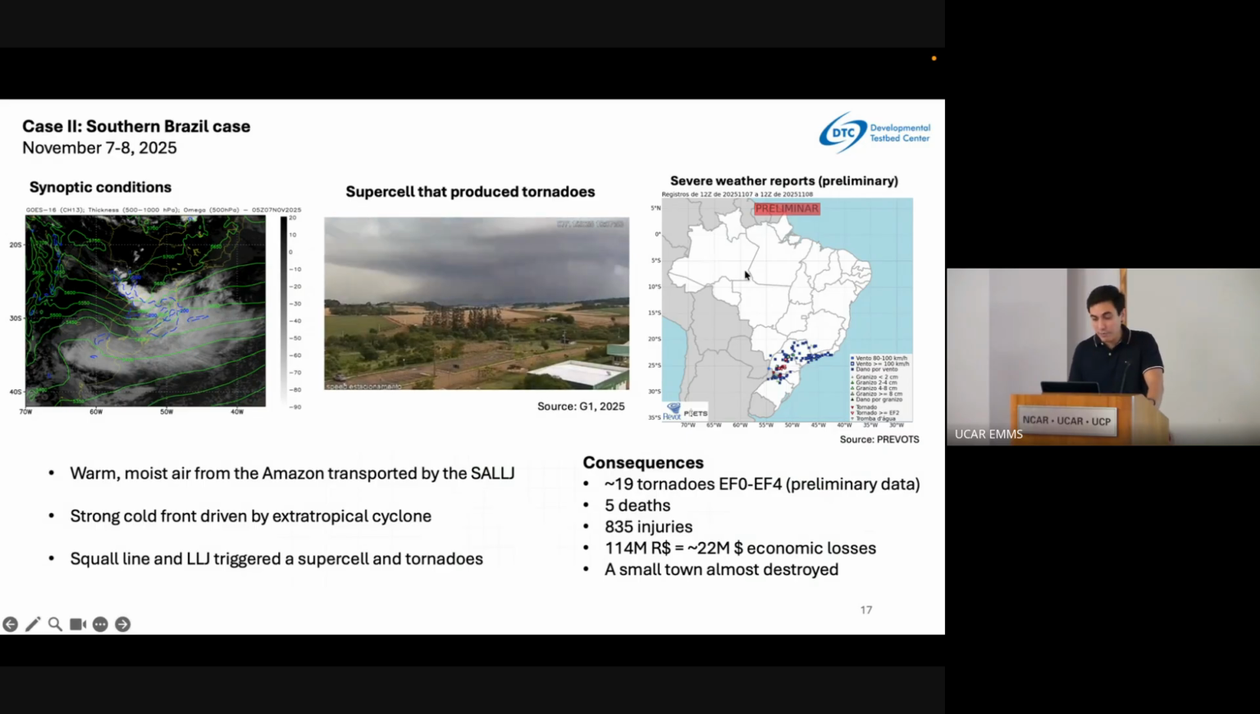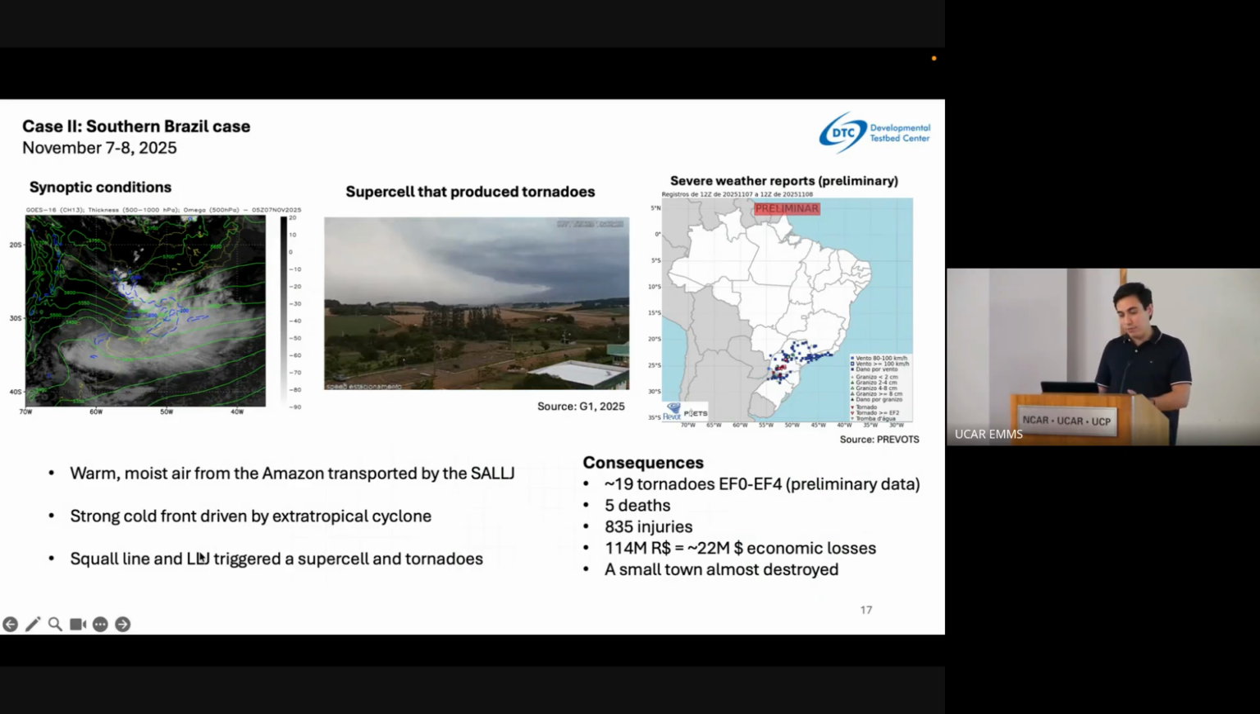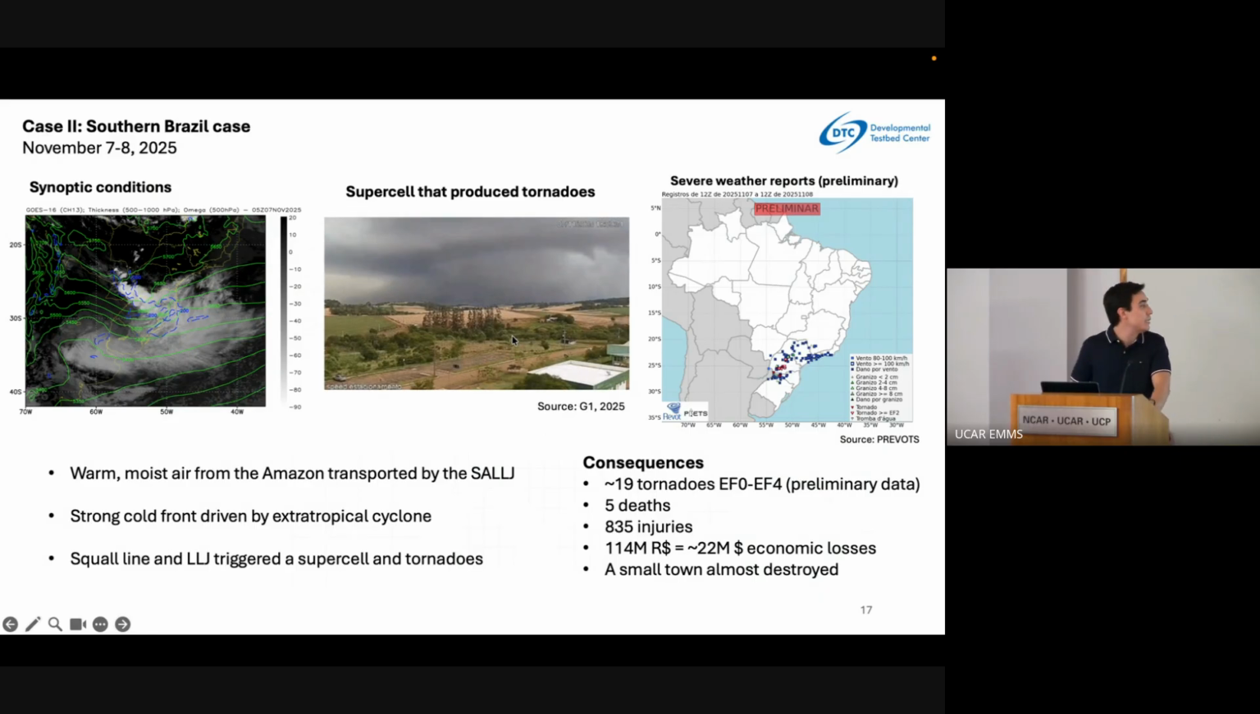In this situation, we had warm, moist air coming from the Amazon, transported by the South American low-level jet. And also we had a strong cold front driven by an extratropical cyclone that was configured in this part. Sorry, but this synoptic figure is not properly showing this. But we can see, for instance, the right conditions for the storm's formation, as you can see, intense values of omega at the 500 hectopascal layer. And this promoted the formation of a squall line, and the low-level jet triggered this supercell that we can see here,